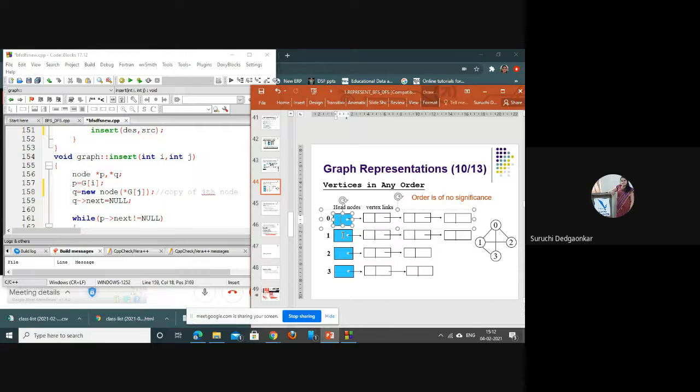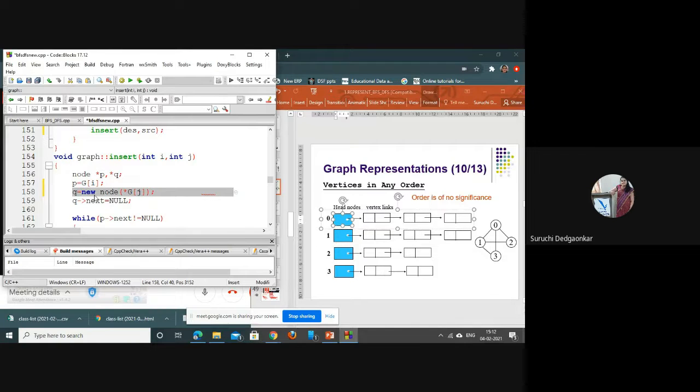That means a copy of this node 1 will be created, where we have already taken the data of that particular user: name, date of birth, etc. The copy of that will be created and inserted into the list of 0. That means in the list of P, we are inserting Q. Q is to be inserted at the end of the list of P.